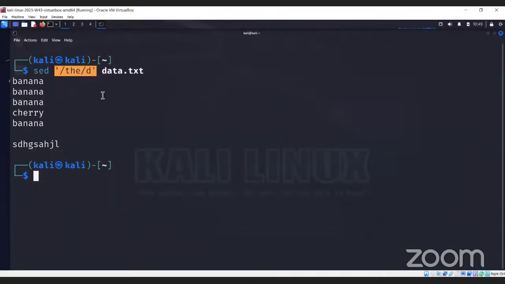Regular expressions are very important. We have to learn how we can use sed and awk commands. These commands are very important. Regular expressions we have to learn. We will learn them ahead. Next question we have: